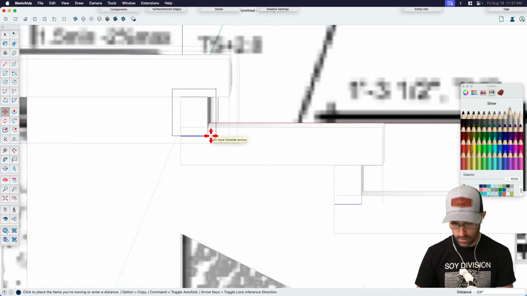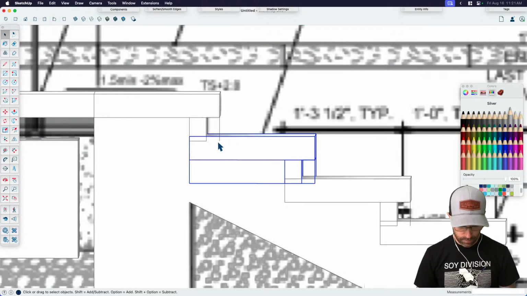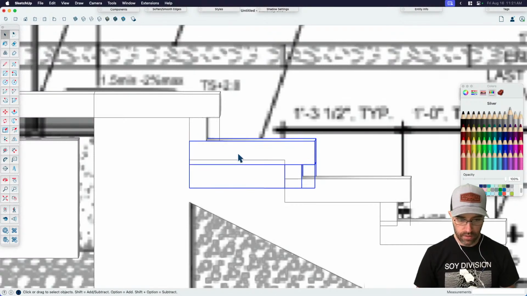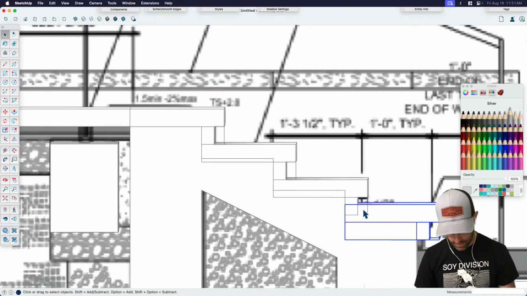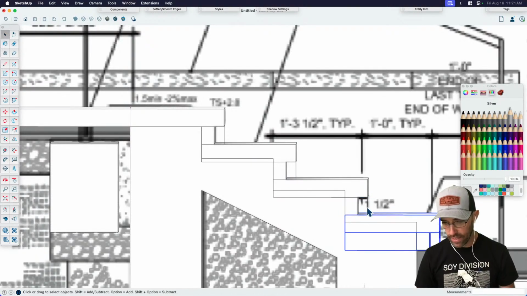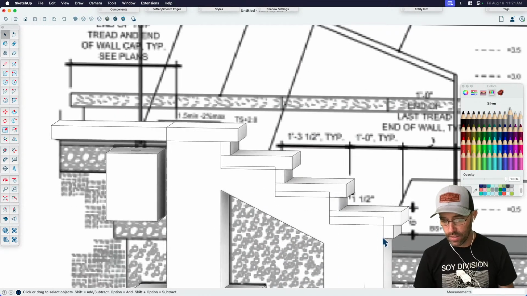And because it's a component, it's going to do this to all of them. So I'm sitting here, I started working, and I was just kind of using what was in the model or what was in the reference drawing. And now you can see that I'm sort of paying for that, because I go back later and check it. And I'd be like, no, that's not right. So 6 inches is actually